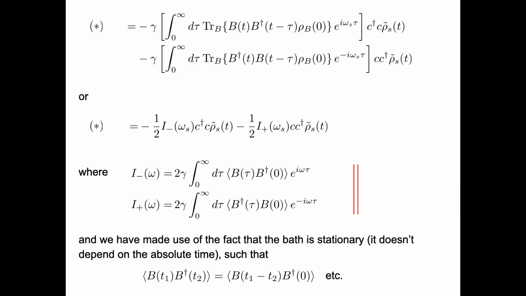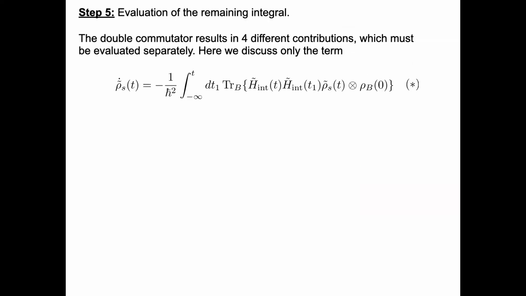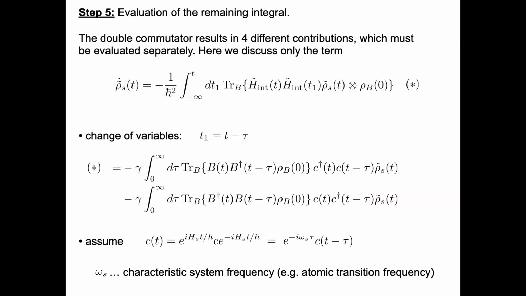Could you repeat why there's the phase factor next to the bar, why is it coming from the system omega? Yeah, okay, so let's go back here and see what we're doing. What we start out with, as explained here, is this form. Okay, so we integrate over this variable tau. Now we have the system operator t and the system operator t minus tau. And again, the density operator here is in the interaction picture.